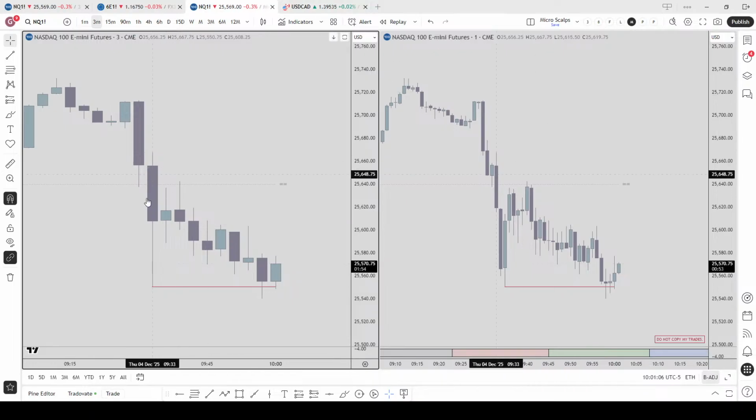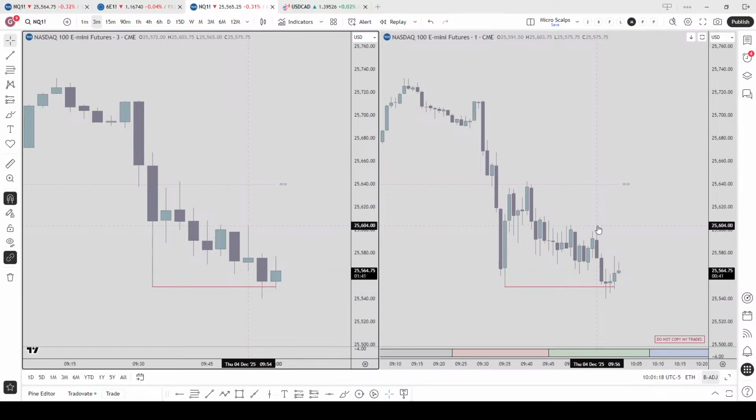I am currently watching this 3 minutes down close candle here. So this could be a valid order block. It does not have to trade all the way up here into the 1 minute order block to validate a bullish scenario, because the higher time frame is always more superior than the lower time frames.